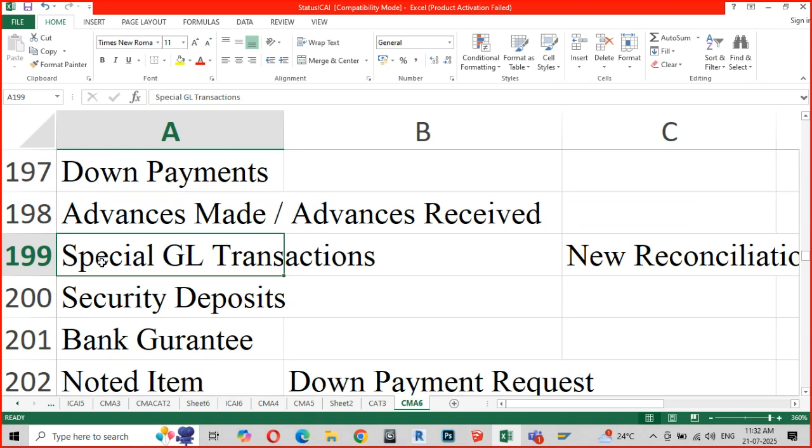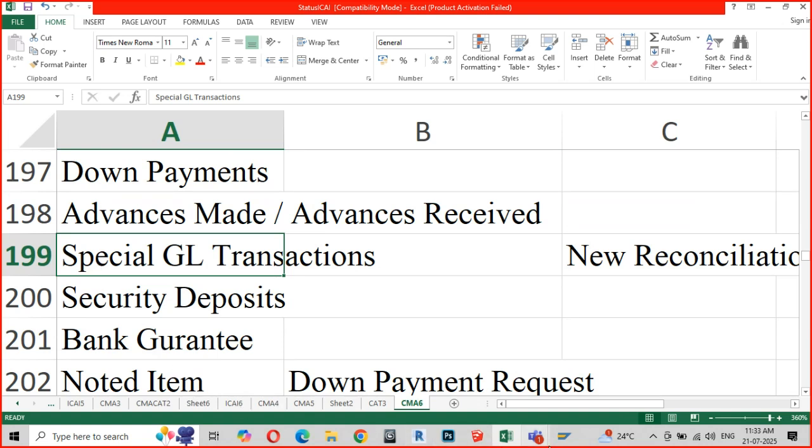Now, this is for the normal transaction, but I need to ensure as a consultant that I am giving an error-free system to the end user. How? By ensuring that I have a new reconciliation account to accept the special general ledger transactions.